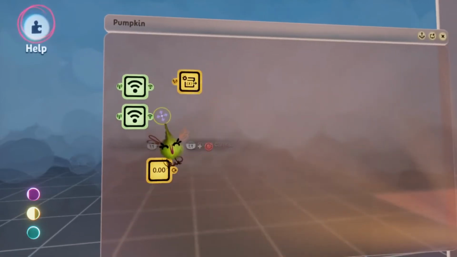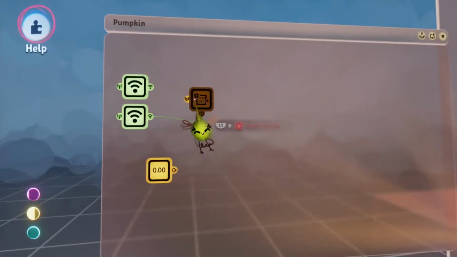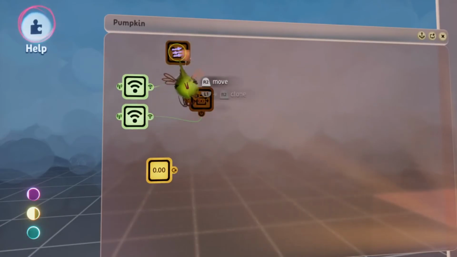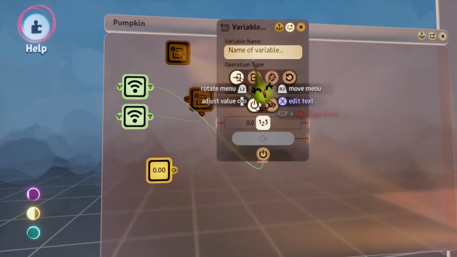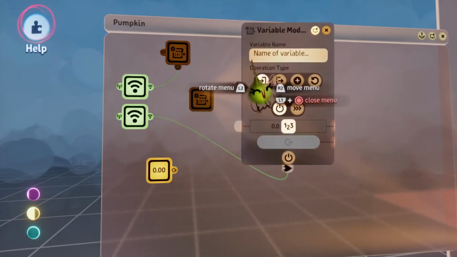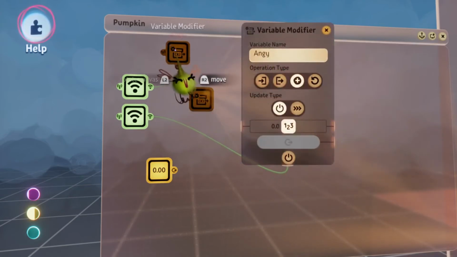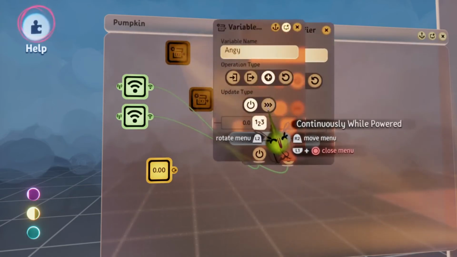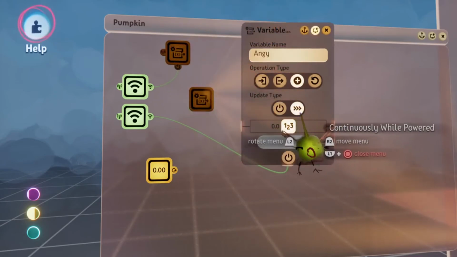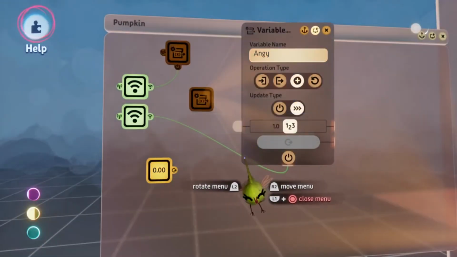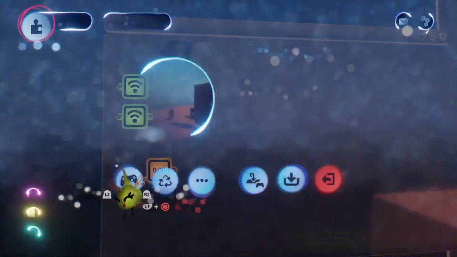So we're going to say this, and bring this. They're both targeting anger, and they're going to be adding to anger. Now we do continuous swap power, and they're going to add 1 to anger. So while the door is closed,